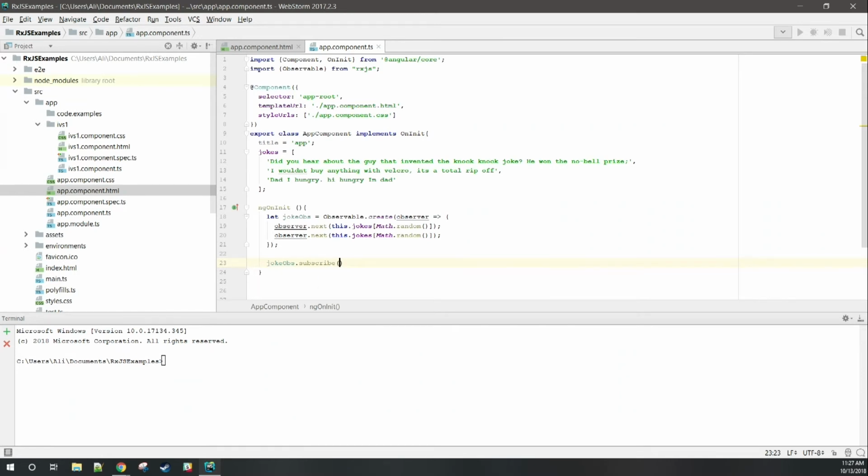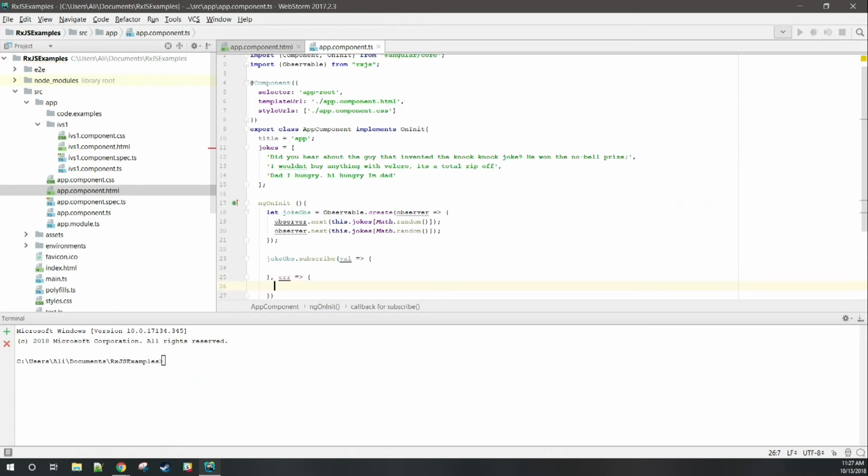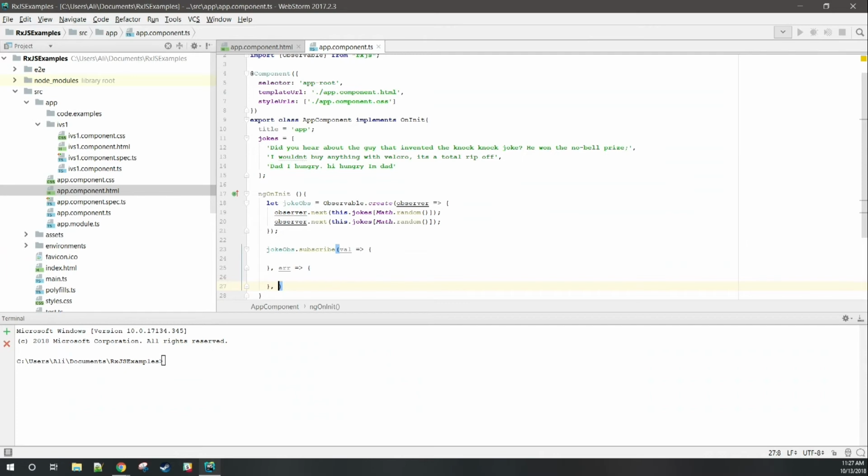So we just do, the first one's our next function. And then the one after that's our error function. And then after that, we've got our complete function. The complete function's completely optional. You don't have to handle that. There's not a lot of cases you would handle it. But